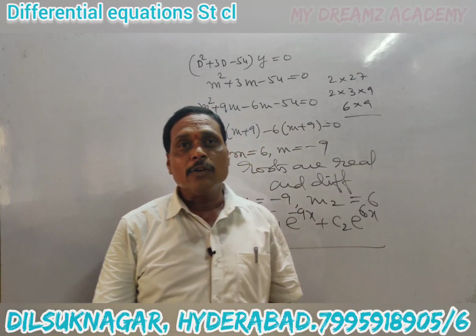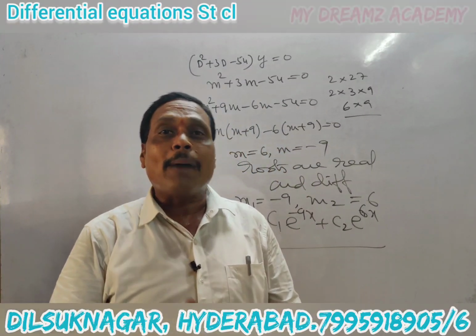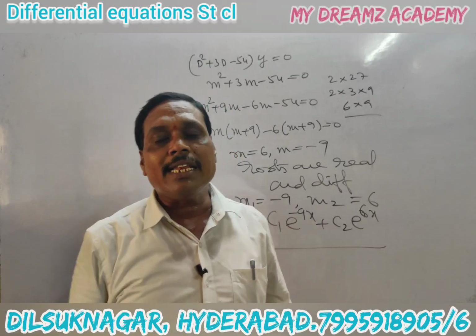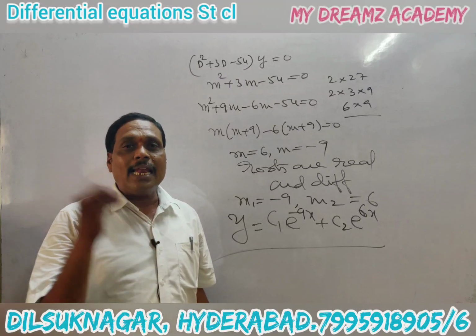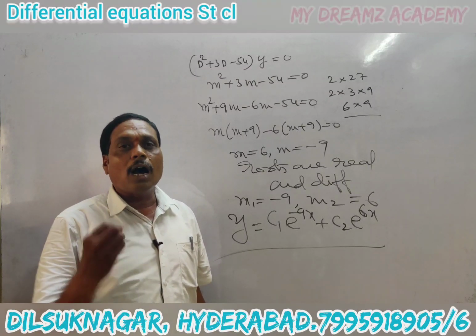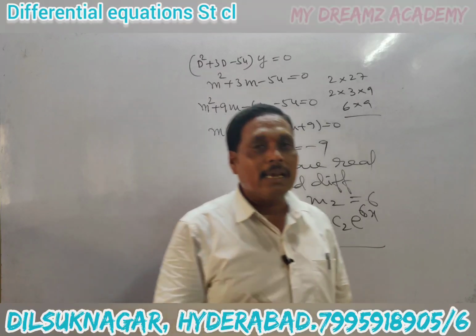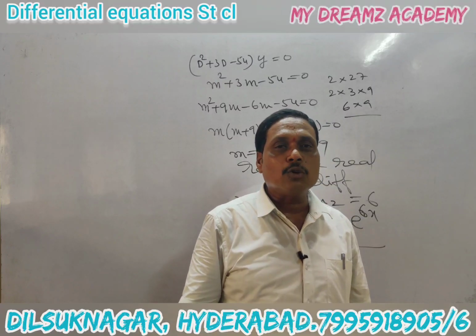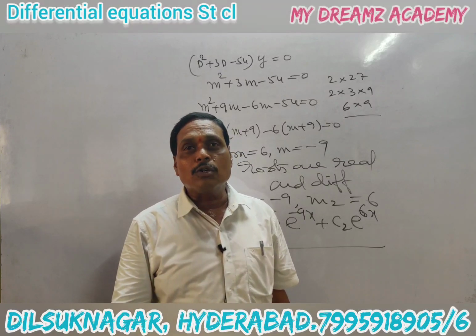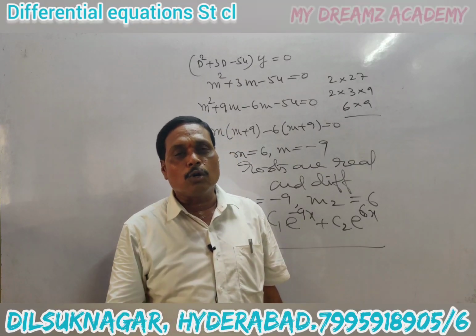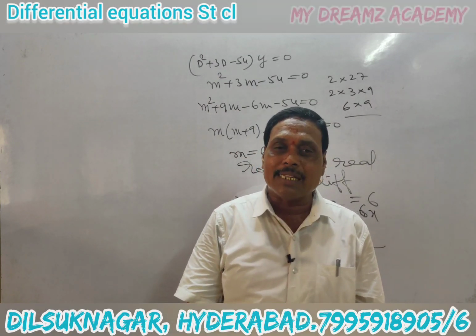Okay, in this way, you can solve second order homogeneous linear differential equations by taking the auxiliary equation. The auxiliary equation is in terms of m. For that you have to find the roots. Roots may be real and distinct, real and equal, or complex. For all these three cases, you remember the formula and directly substitute the m values in the formula. For complex roots, alpha plus or minus i beta. For real and equal roots, m1 is equal to m2 is equal to m, and for different roots, m1 and m2. For all those you write the solution.